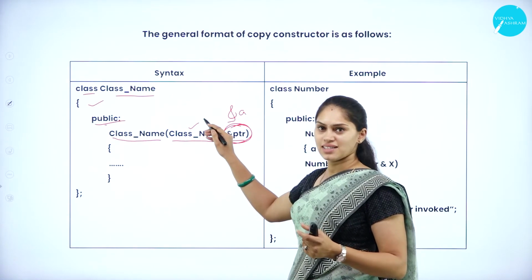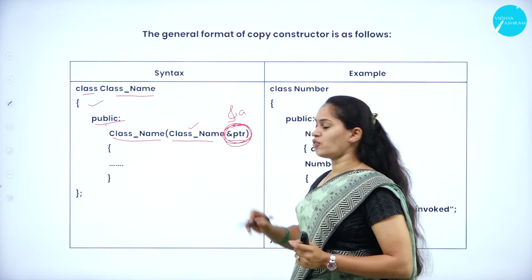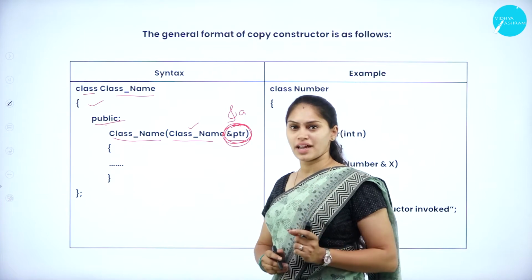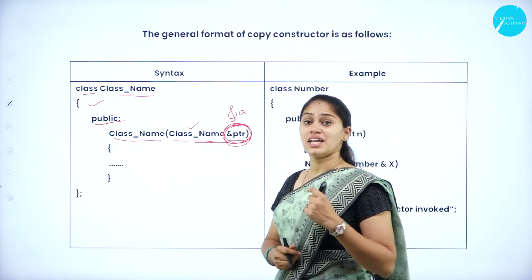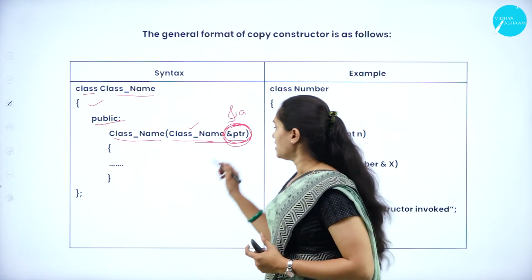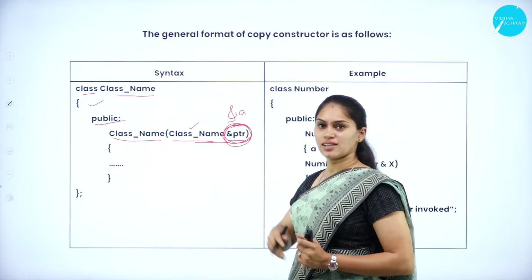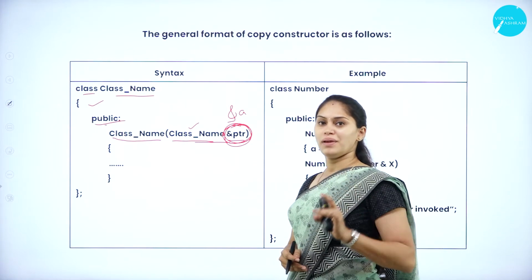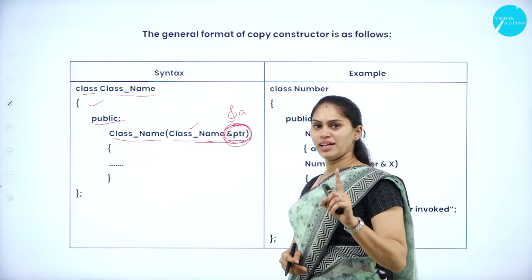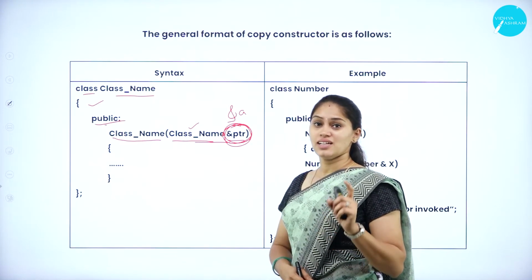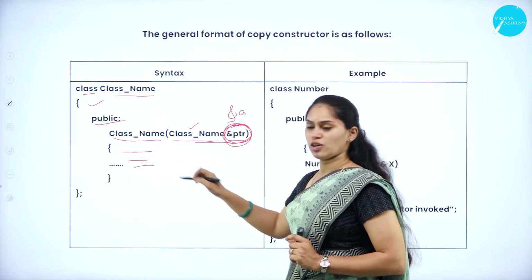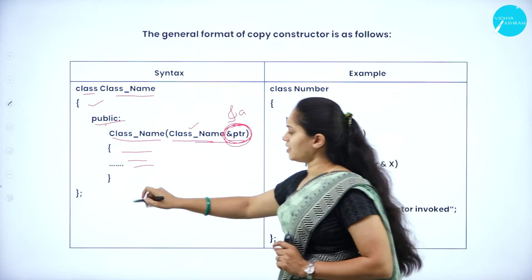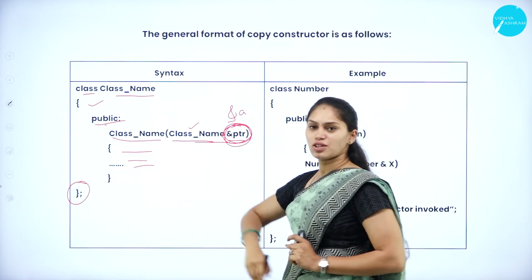Here I have a class name along with the address of operator with an object. So what I am going to do in this case is send the reference of an object to the class name or to the class. That is nothing but a copy constructor. It is going to accept only one argument, that is its address or a reference. And here we can write some of the code related to this copy constructor. Then I am going to end the scope of the class.